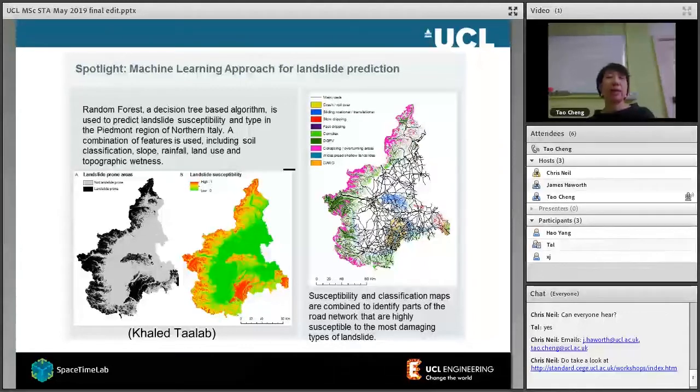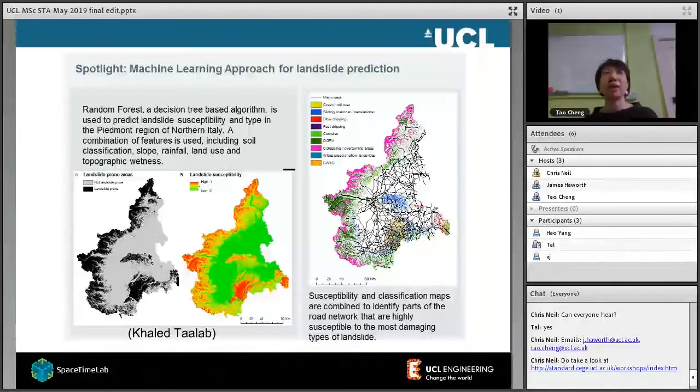So what's the use of that? After you're able to map out where the landslides are, what type of landslides they would be, and which roads or other key infrastructure like bridges or tunnels will be impacted, we also map out the delay of transport or traffic, and we can also map out the economic loss.